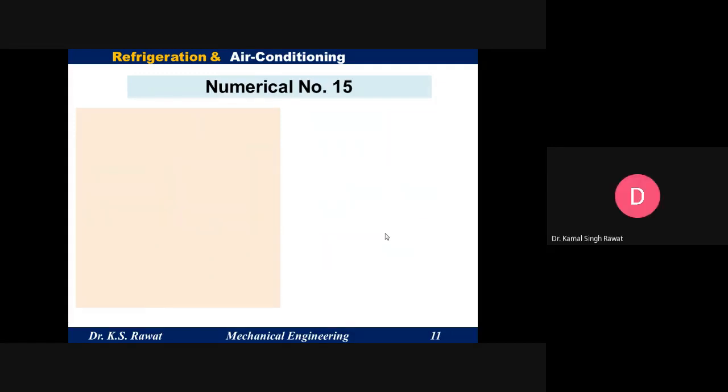Okay. Now we have to calculate the compression and total work required, the net power required. So we have to calculate the net work required. First we have to calculate the compressor work, then the turbine work, then we will calculate the net work, which will give you the value of net power required. So first calculate the compression work. It is equal to mCp (T2 minus T1). So now let's put the value.